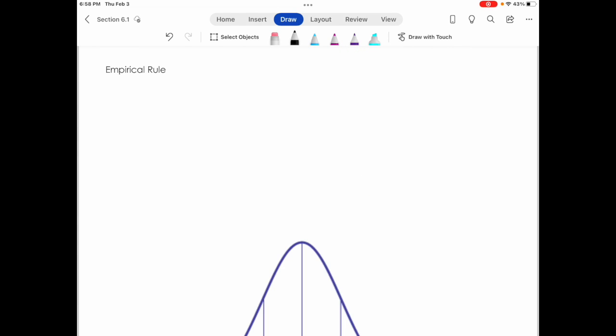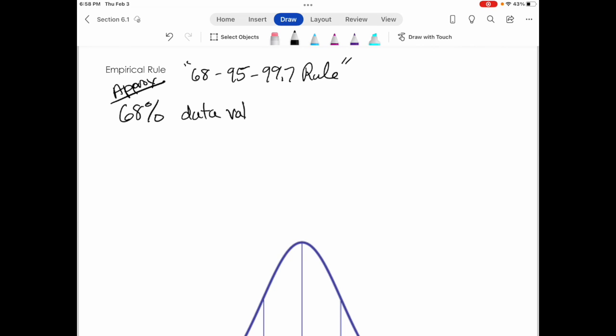Okay, now we're going to go into more depth with the empirical rule. In the previous section, we already started talking about it a little bit, but now we're going to go into it in a lot more depth. And the empirical rule, you might also see it known as the 68, 95, 99.7 rule. That's another way to say it. It just depends on what book you're looking at. And what the empirical rule tells us is that, and I should stress that this is approximately, 68% of the data values